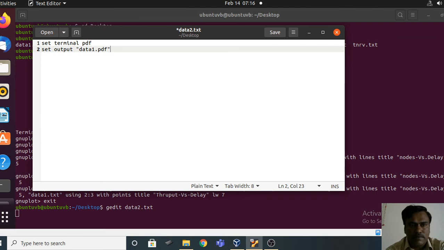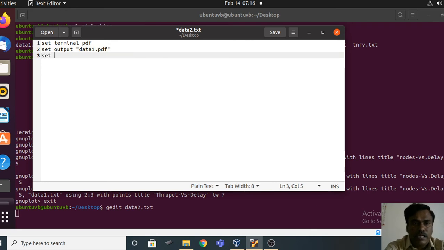That is data1. Set output data1.pdf, and then here you can have x label, that is the title. Order doesn't matter, title.